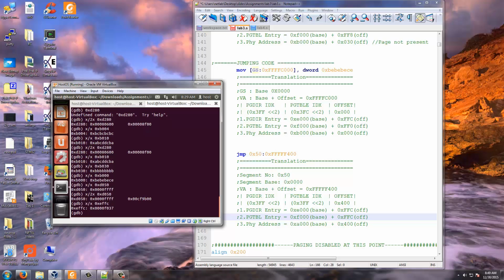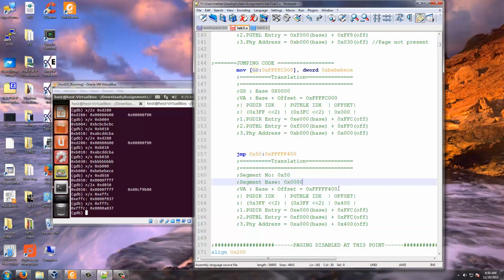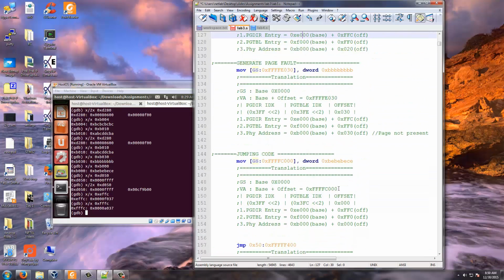let us go and see S/X0X EFFC, and that is pointing to F0, and there I have S/X FFFC, and please note that this is also pointing to 8000. So I have one more additional page which is pointing to 8000, just to demonstrate this. Now this plus the last 12 bits is 400, so I have to jump to